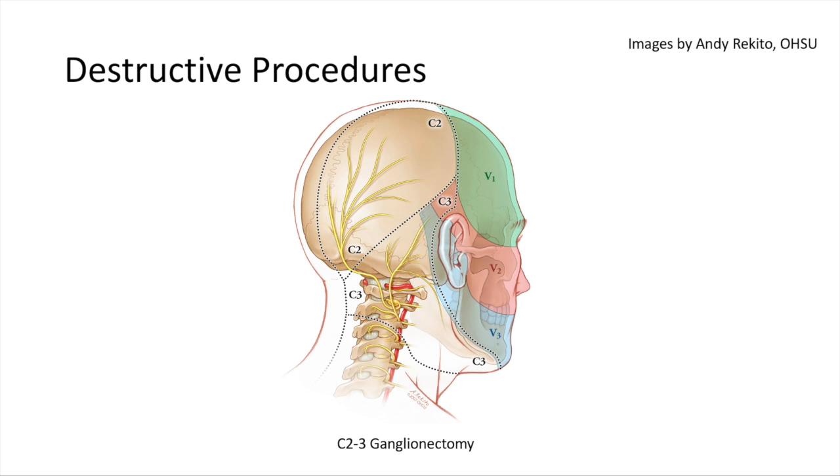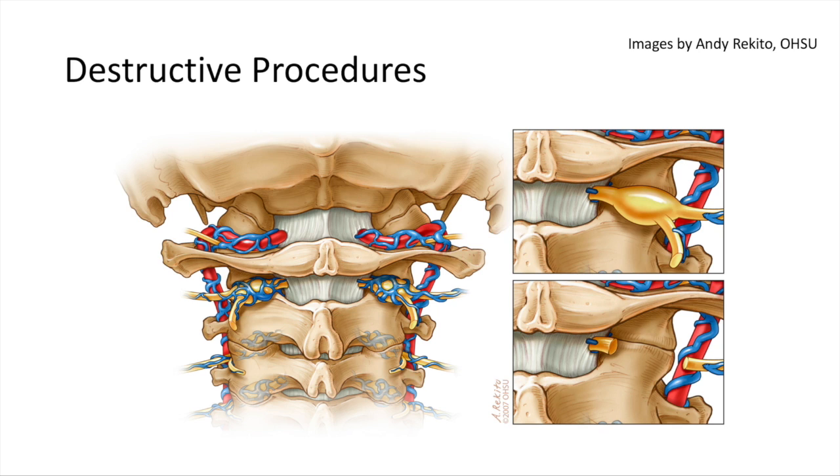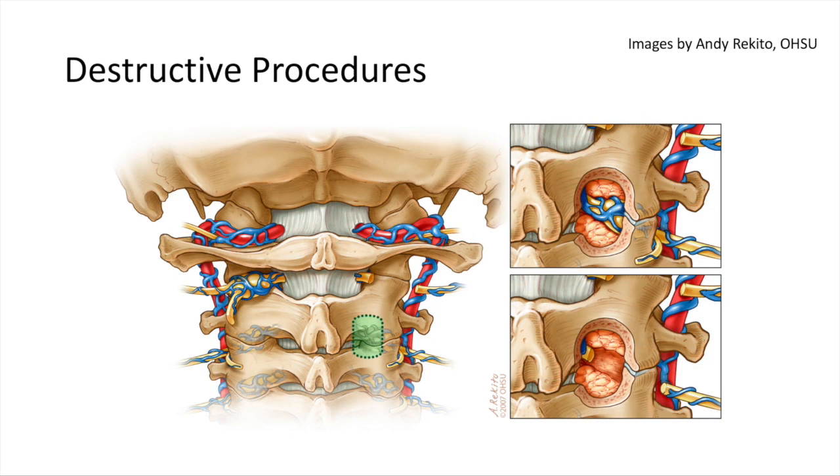Occipital neuralgia has been considered to be a radiculopathy of C2 or C3, and as such has been treated with open surgical ganglionectomy. Screening was typically by selective blockade of either the C2 or C3 root, depending upon the location of the pain. A positive response was pain relief appropriate to the duration of the local anesthetic used. The C2 and C3 nerve roots are encased in a dense venous plexus, and surgery to remove these ganglia must be approached with careful hemostasis and clear identification of the ganglion. The surgical approach is conducted via a small foraminotomy.